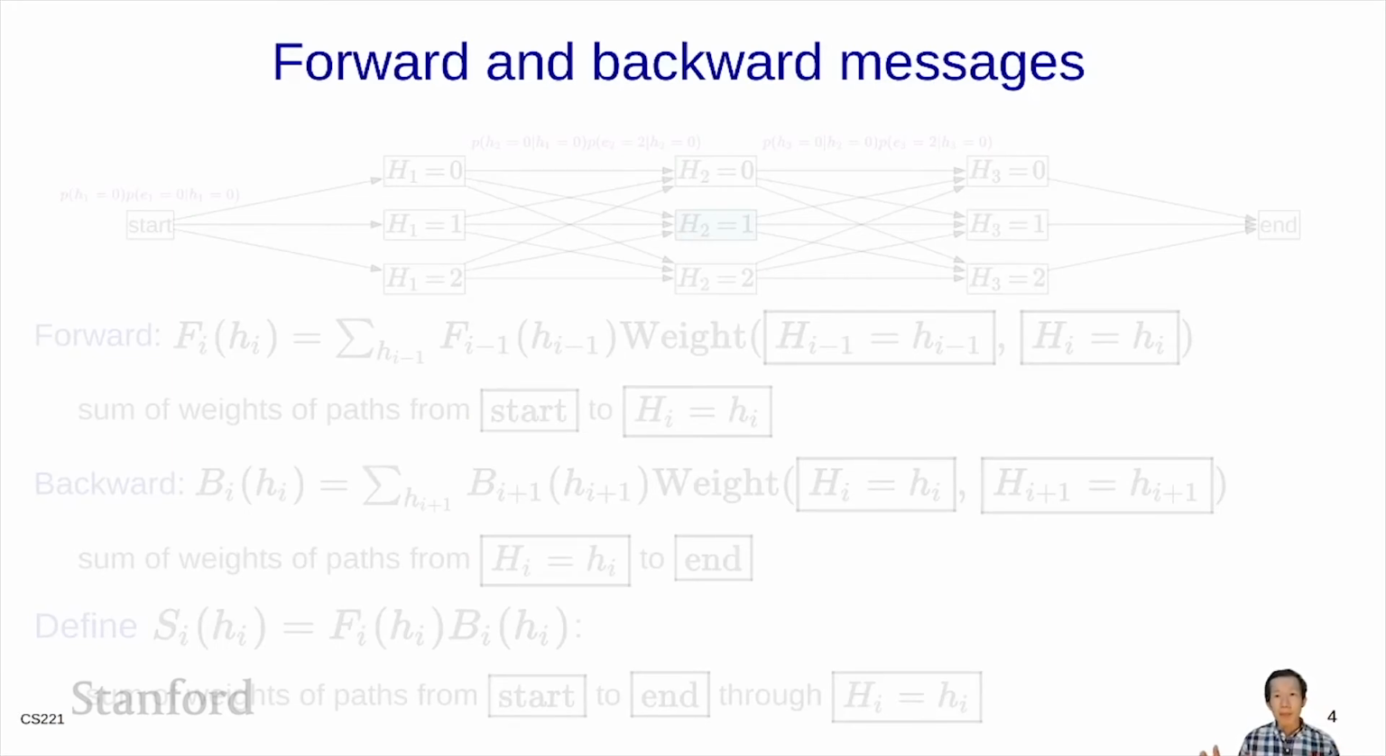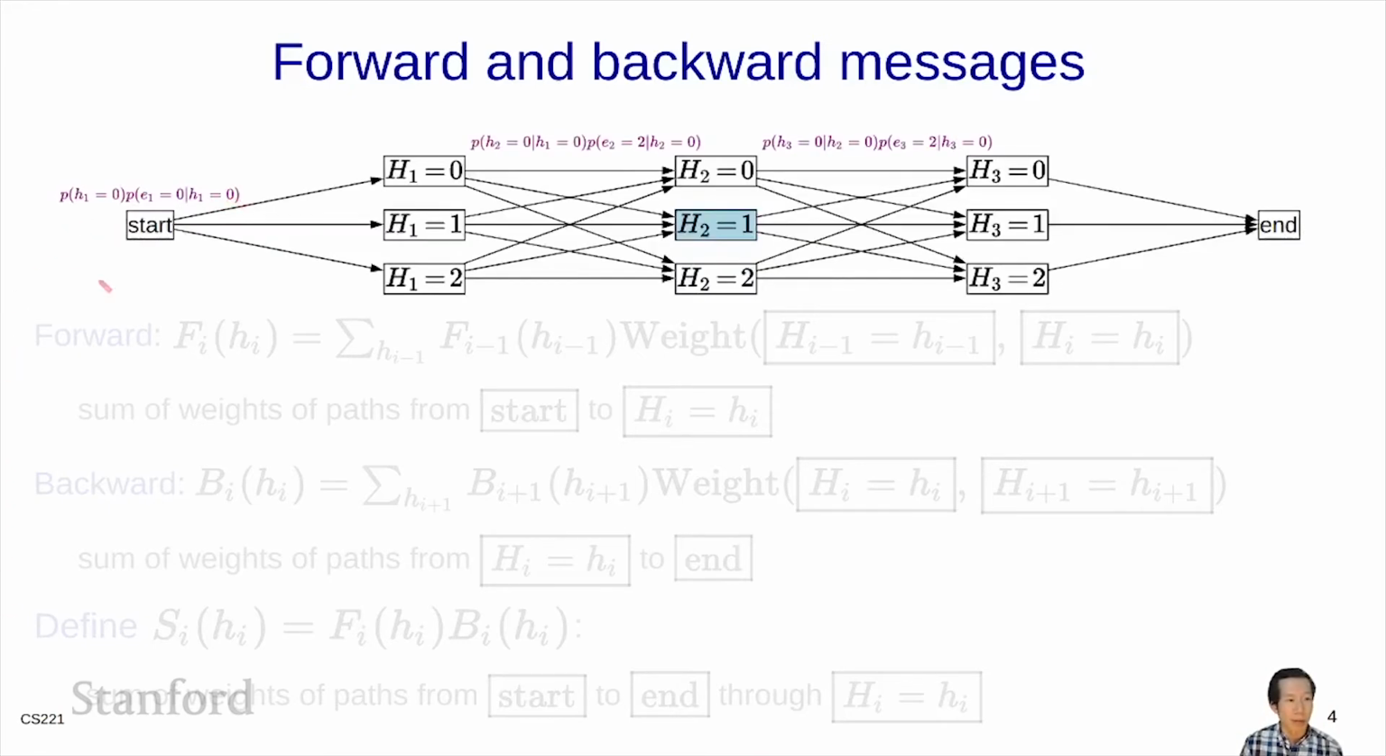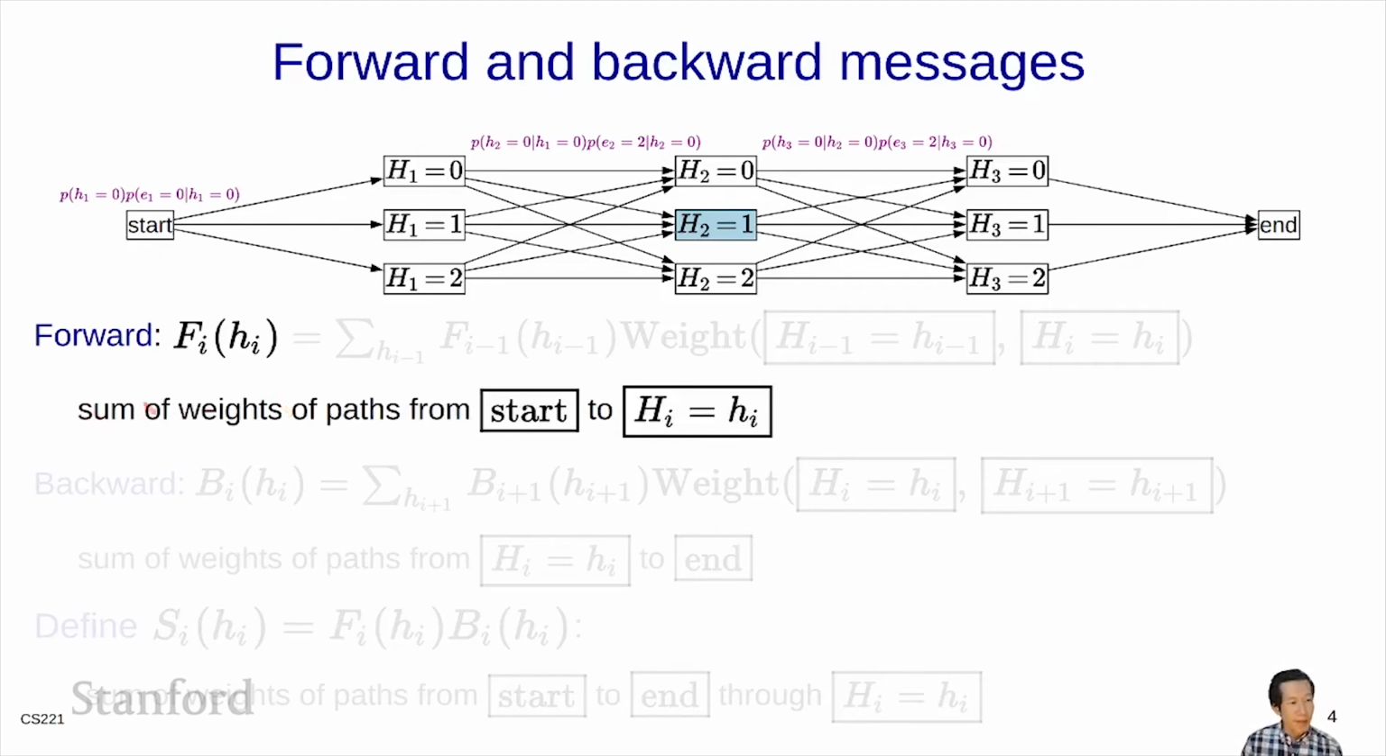So now we can compute those quantities using a recurrence. I'm going to define two types of objects, forward messages and backward messages. Here's our lattice. The forward message for each node here is going to be f_i of h_i. This is supposed to be the sum of weights of paths from the start to a particular h_i equals h_i. So for example,